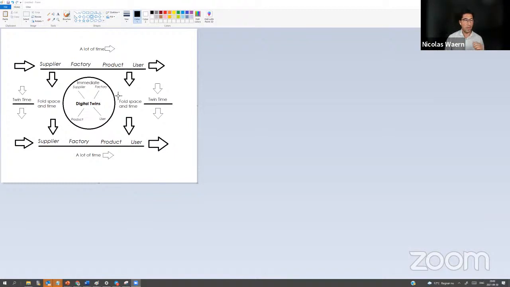That works in an organization all the time, but the digital twin, from a collaboration standpoint, can fold space and time. I just call it twin time, to make Rob happy with all this buzzword stuff. It's like freeze stages, which you usually use in management consulting anyway. But the difference here is that you can bring these people together, and it extends the traditional organization into the digital twin.